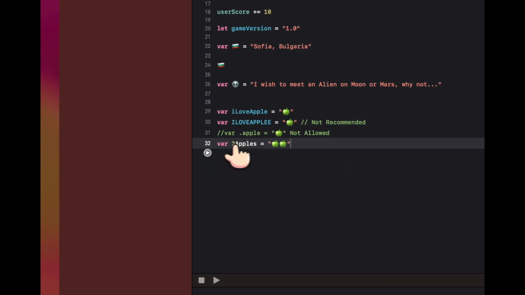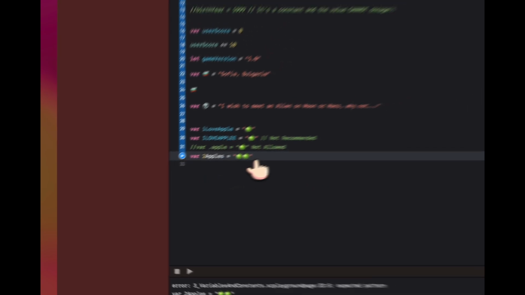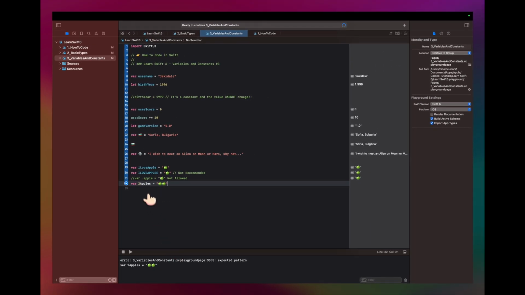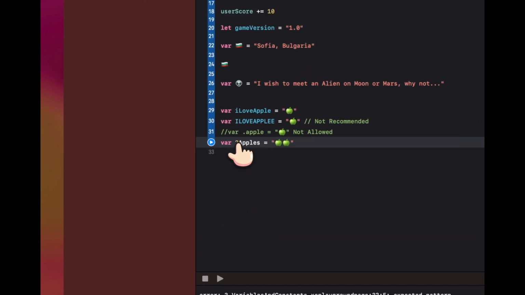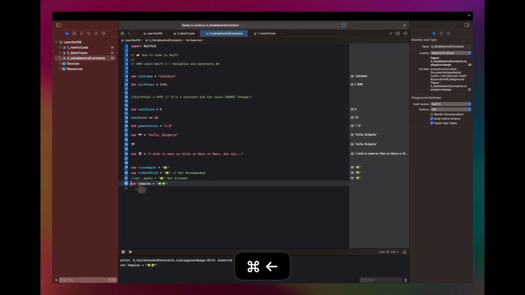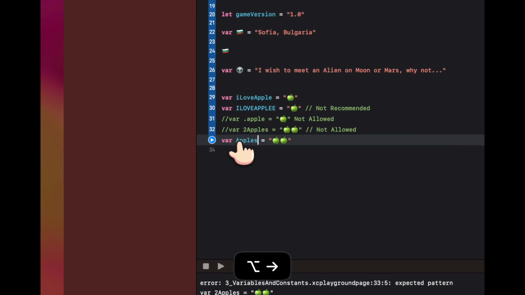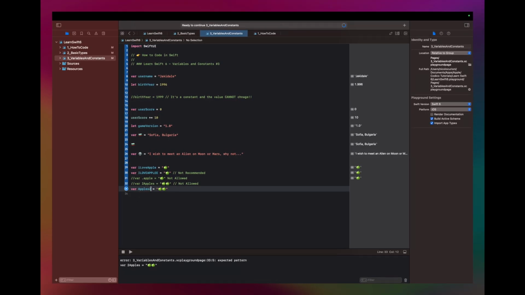As you can see, you can't do that because you can't start with a number, you can add it later. Now let me comment this. Not allowed, but you can do it this way: apple 2, like this, apple 128k,